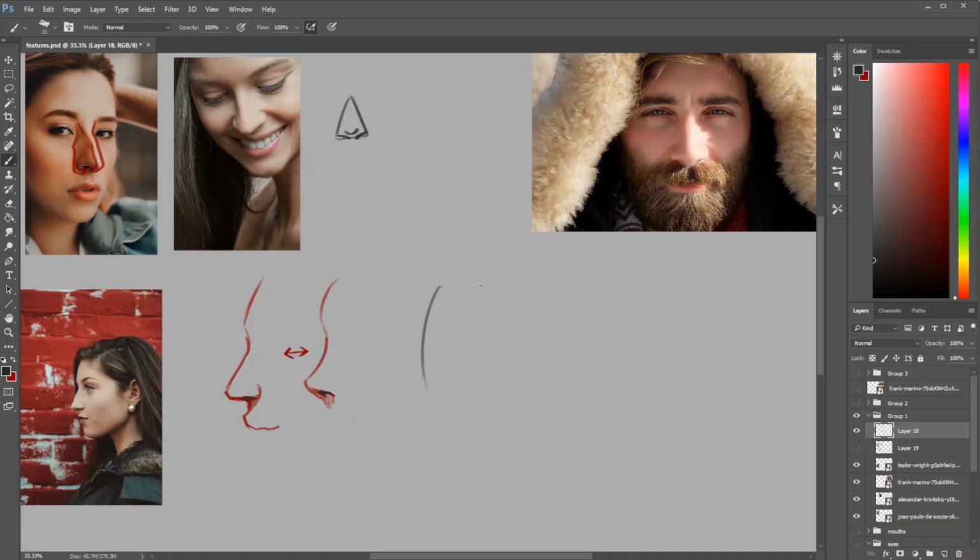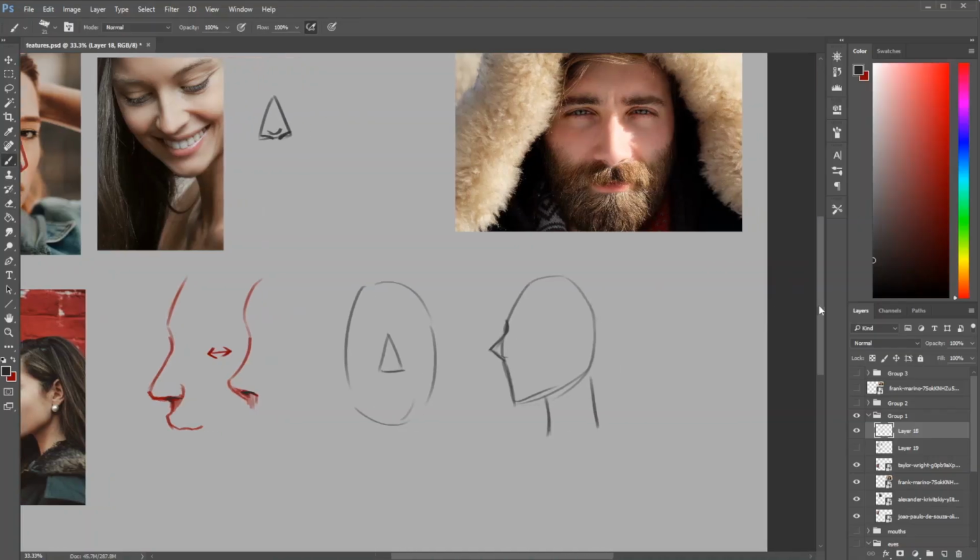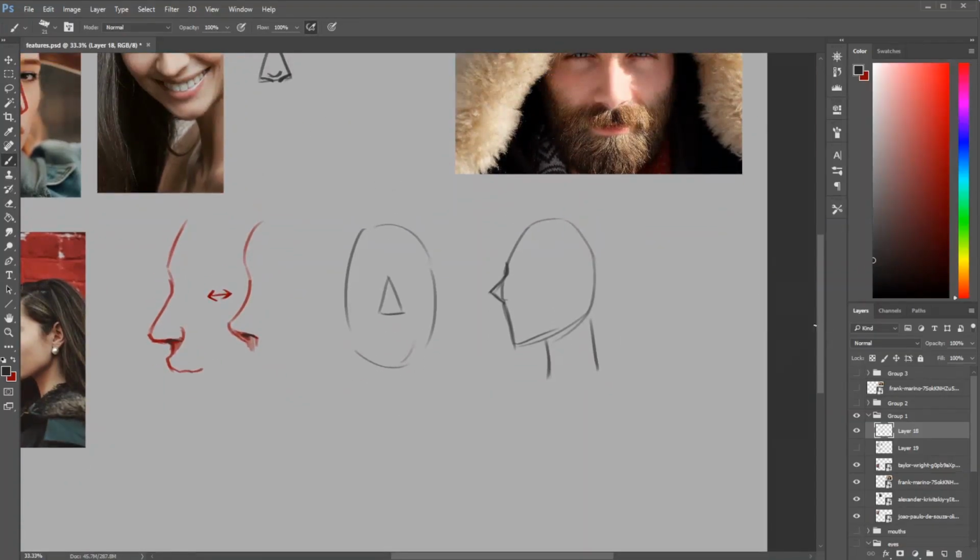So if it's from front view, your triangle will look like this, like a Muppet, right? Like Bert and Ernie or Squidward, whatever fits your fancy. From the side profile, it's going to be a stuck out triangle, and you can vary how tilted or how much of an isosceles, how much of a right angle triangle you want it to be to make your nose. If you're drawing it from more complex angles,